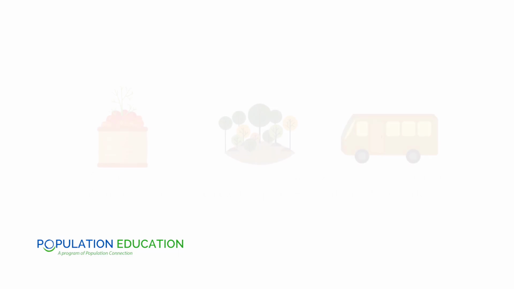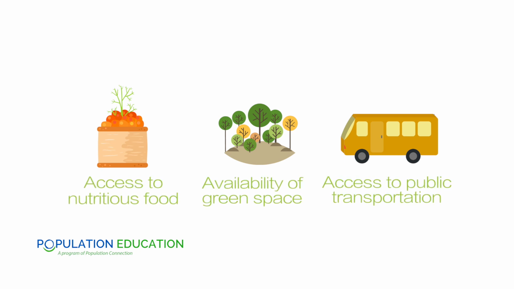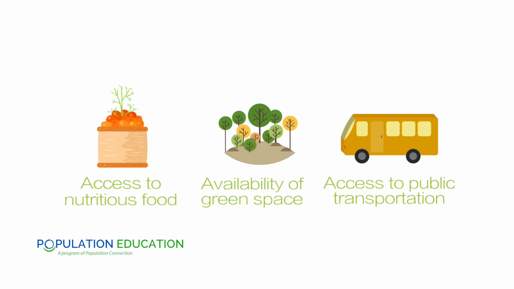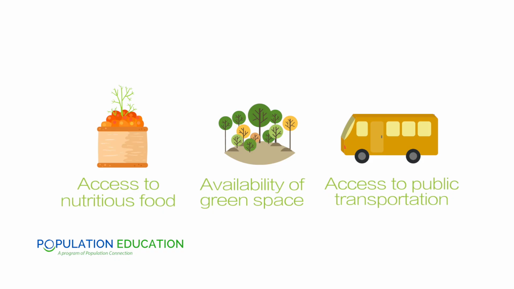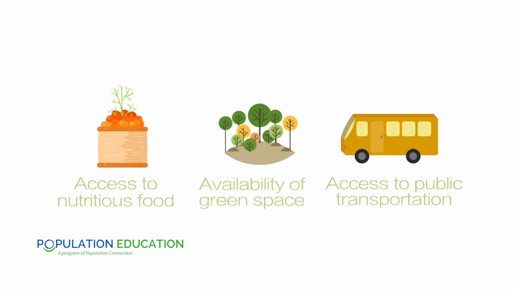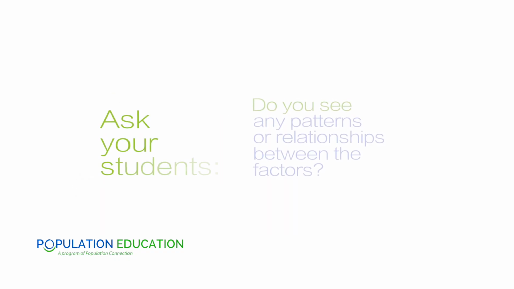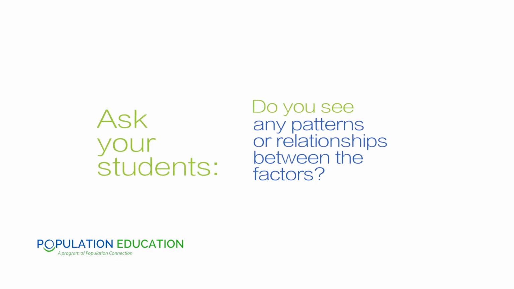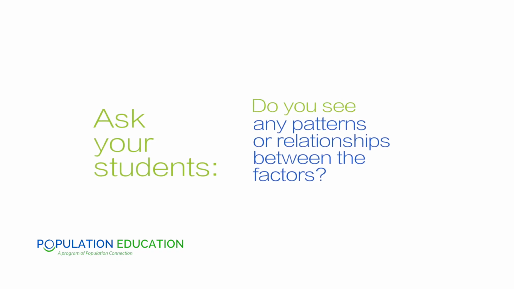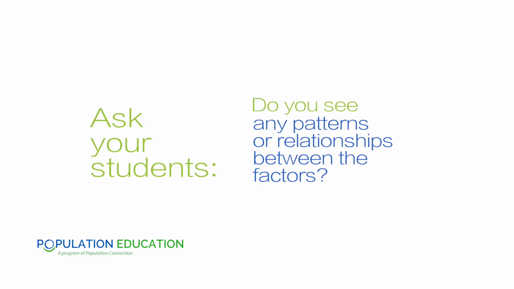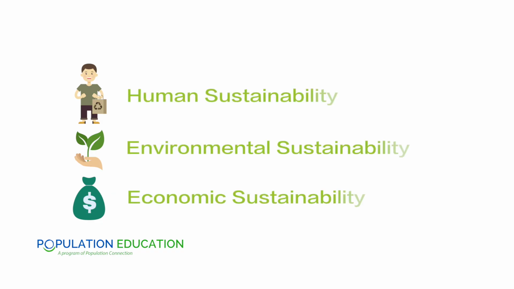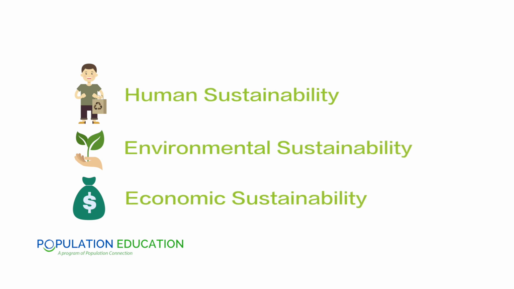Now, students might mention things like access to nutritious food, availability of green space, a low crime rate, or availability of public transit, for example. Now, with all of these factors listed on the board, you'll want to ask students if they see any patterns between the factors or any relationships, or can these factors be grouped together in any sort of way? And if they don't come to it on their own, you'll want to share with them that there's actually 3 different types of sustainability. There's human or social sustainability, environmental sustainability, which students might already be familiar with, and economic